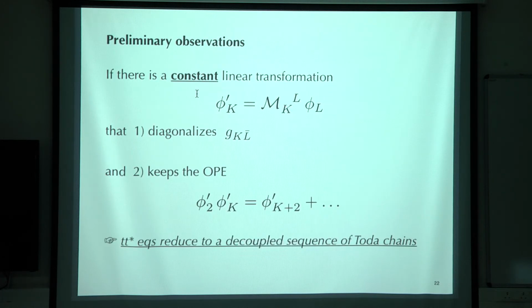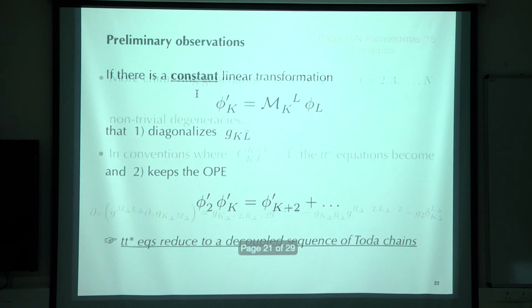So here I would like to offer a preliminary observation that it seems to really be verified by concrete computations, and we find very surprising. I mean, it didn't have to work, and for some time we thought that it shouldn't work. Okay, so let's assume that there is a constant linear